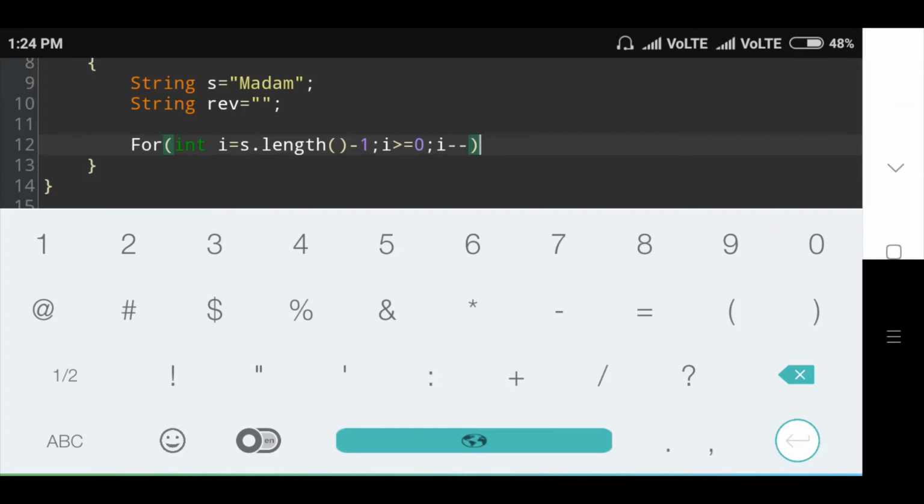This for loop I will use because the string is printed in reverse order.